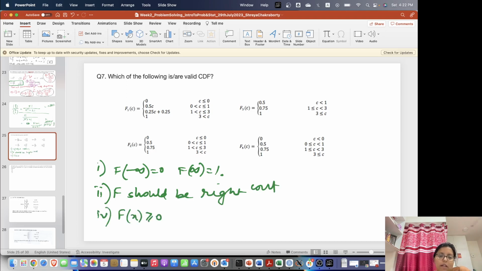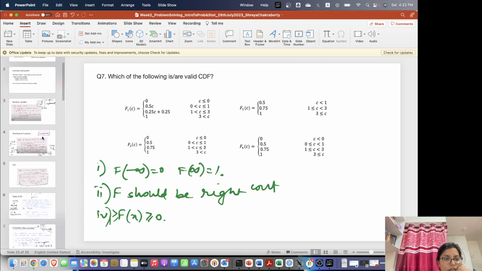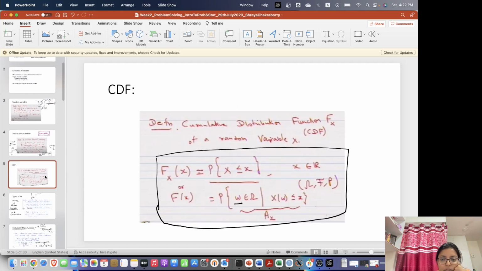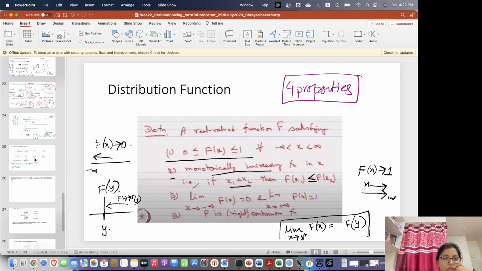F(x) should be greater than or equal to 0 and less than or equal to 1. Okay, and anything else I missed? There were 4 properties. What were they? Monotonically increasing. Yes, it has to be